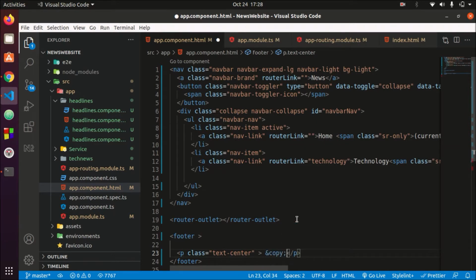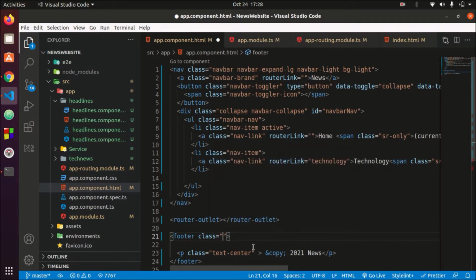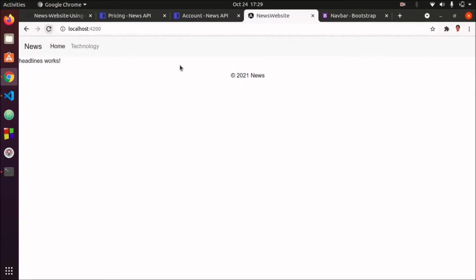Direct copy, and this is for 2021 news, and let's also give it some bootstrap classes. Let's save it and see if it works. Yeah, so here is our footer which is in action.